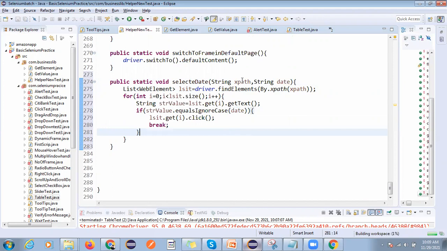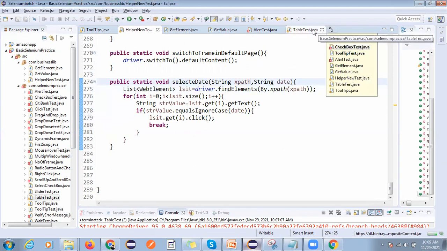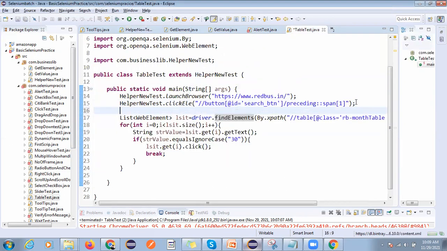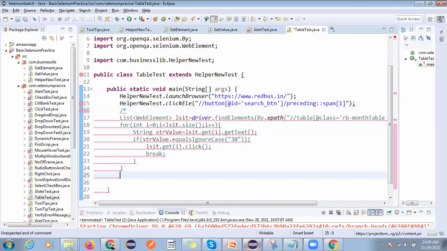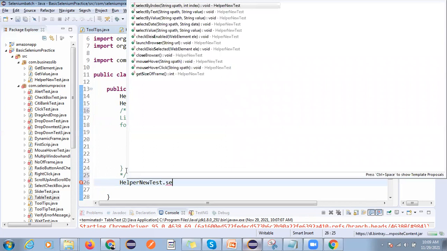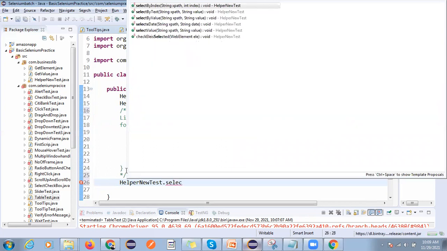You should not write this. I close that one, right? Table data did not close. Okay, so now I will comment this and comment this. helper dot selectDate.